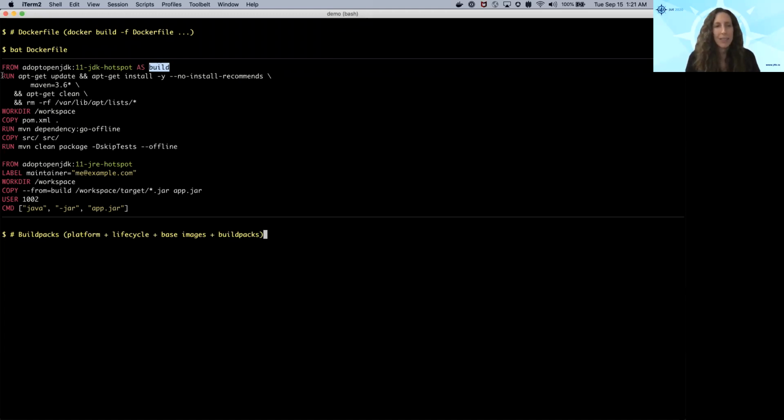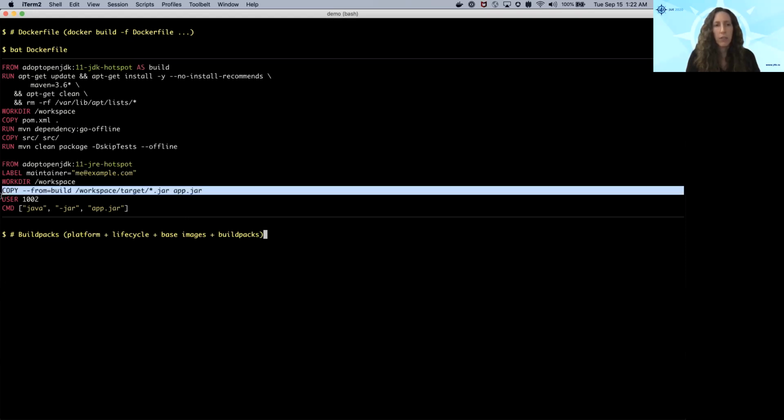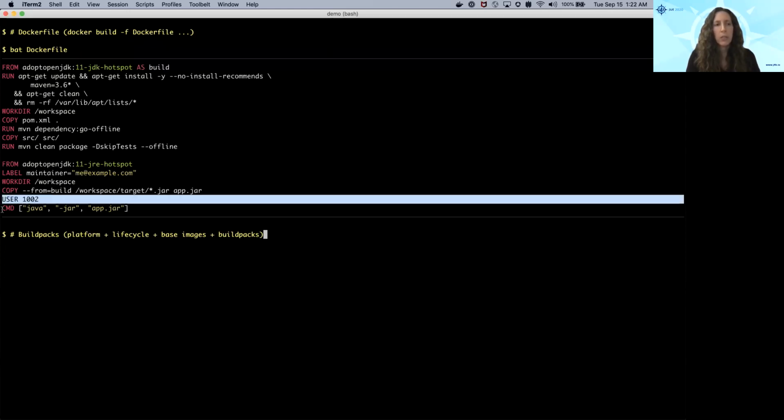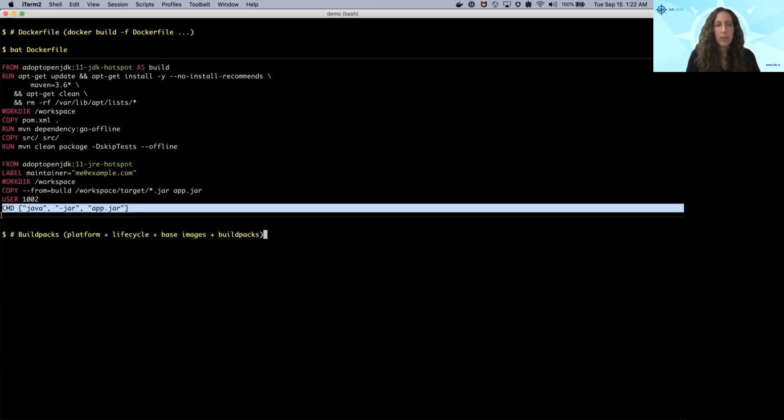I mean, there's things here that can be improved, but it's decent. And so it starts off a second build stage, and this is for what we can call the release or the run, with a base image that only has a JRE instead of a JDK. And really all it's doing is copying over the jar file that was created in the build stage. So it references the alias of the build that we assigned here. It copies that jar file. It makes sure that we're running as a non-root user, and then it sets the run command for when this